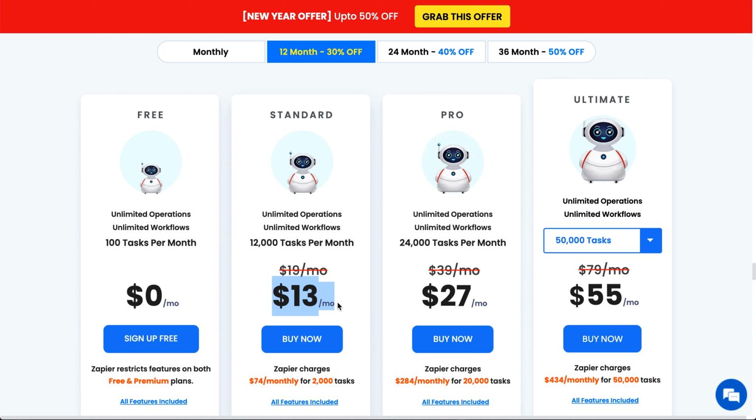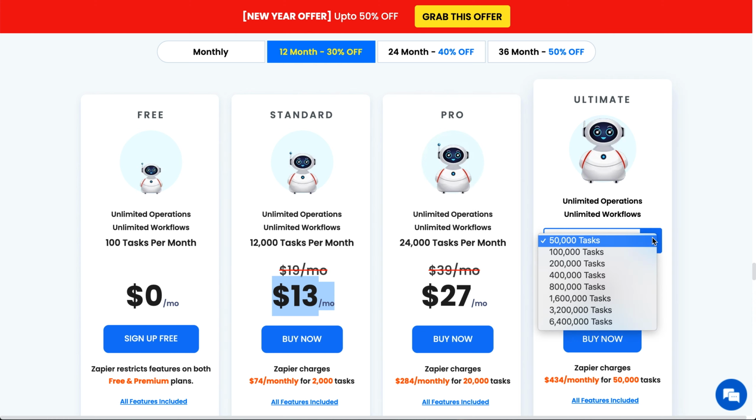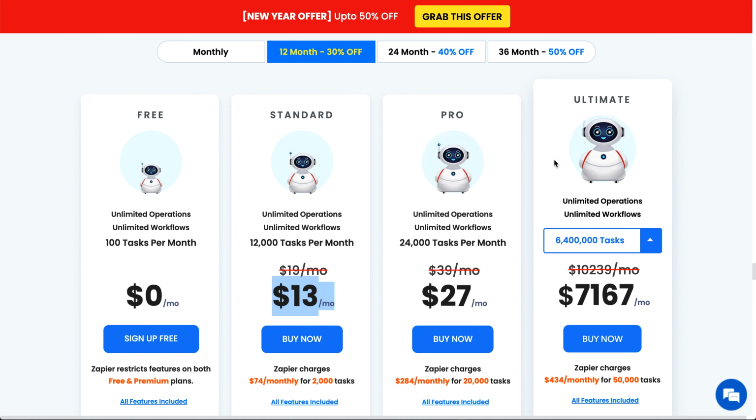That's like 14 times the amount of tasks that Zapier gives you for $20 a month. So that is ridiculous. Even here it says Zapier charges $74 a month for 2,000 tasks at this level. So you can get 24,000 tasks, 50,000 or more tasks, up to 6.4 million tasks.